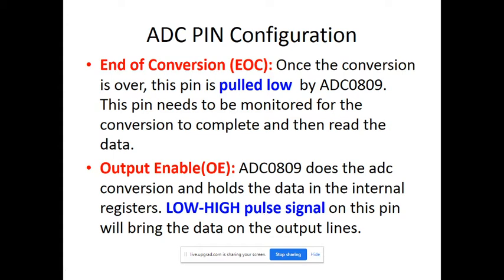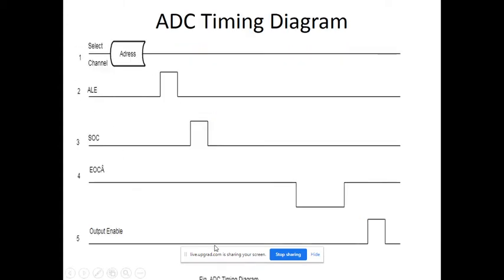In this fashion, these are the pin configuration, and this is the timing diagram. Initially you are choosing one of the channels, which sensor data you want, and according to that you give the address through A, B, C. Then you give address latch enable, so as per the address you choose, one of the channels is connected to the ADC for conversion. Then the controller will send a start of conversion. This is a rising edge, and at that time conversion starts. Continuously you are not keeping it at high.